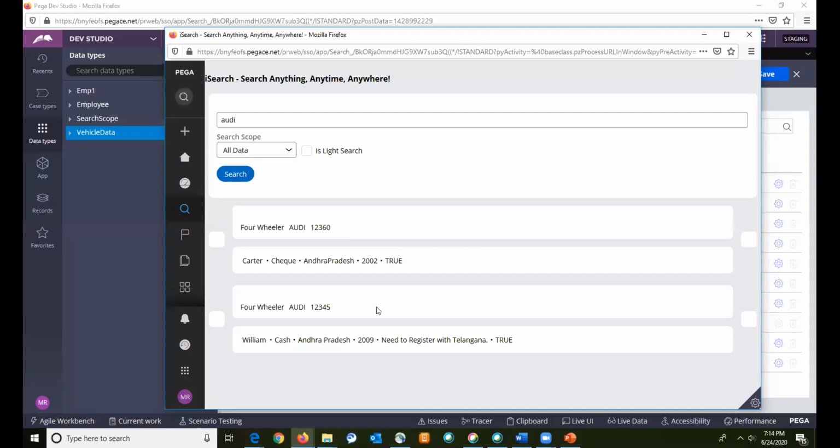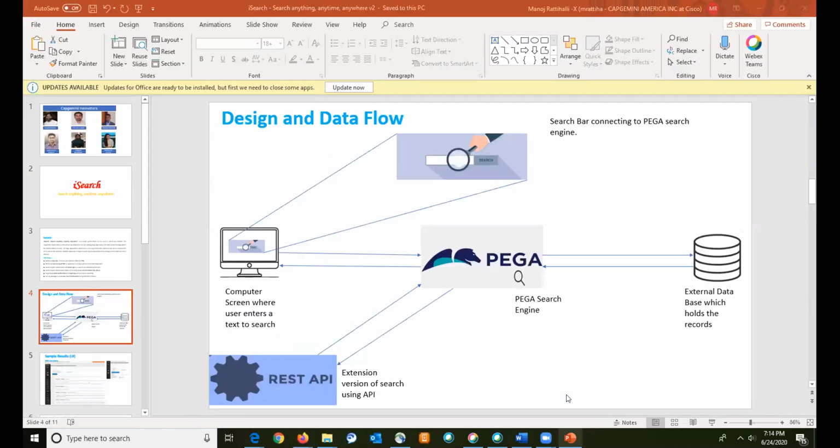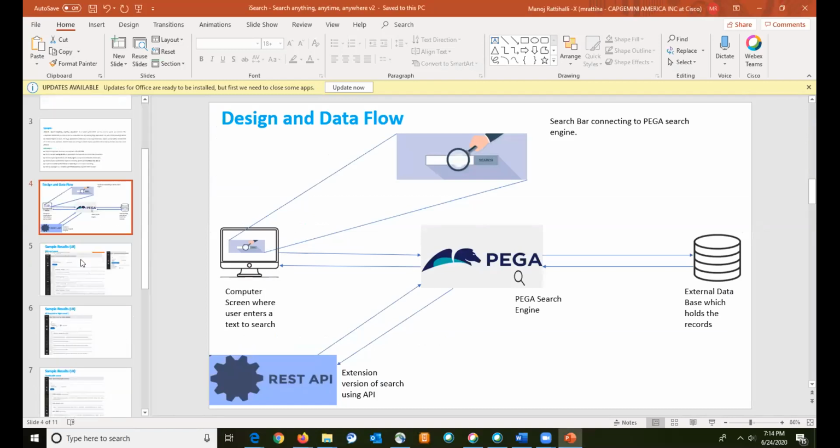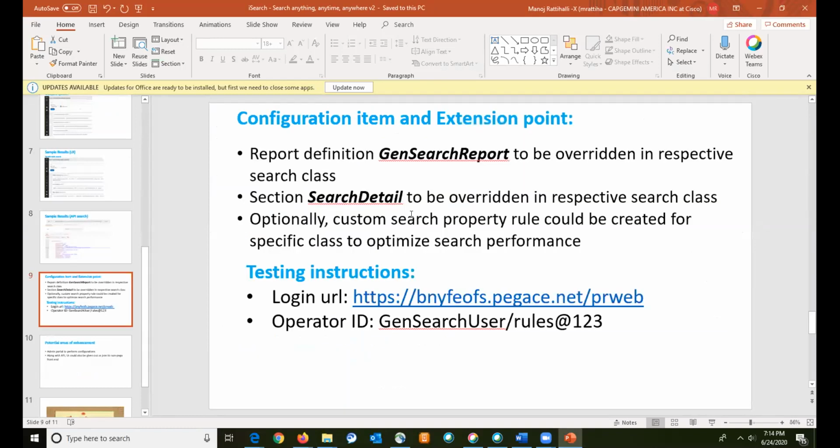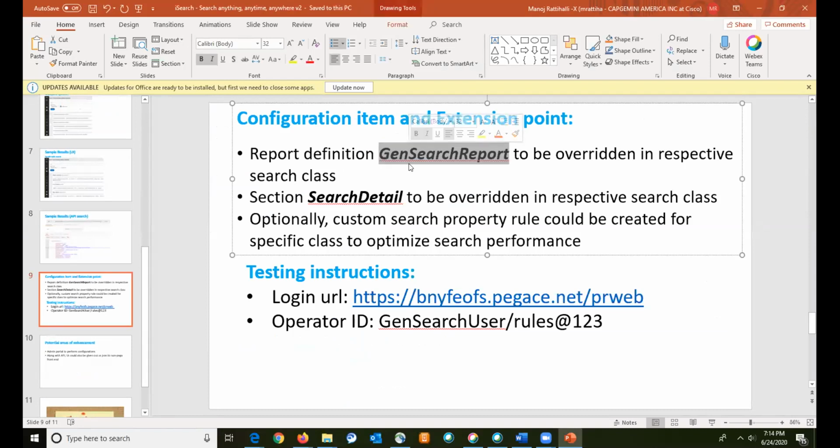So this is about a search engine app, the iSearch. However, now that we have already done this, there are a few aspects that need to be configured for any application team to use it. There are only 3 things that would come into the picture. One is a particular report definition with the name gen search report.